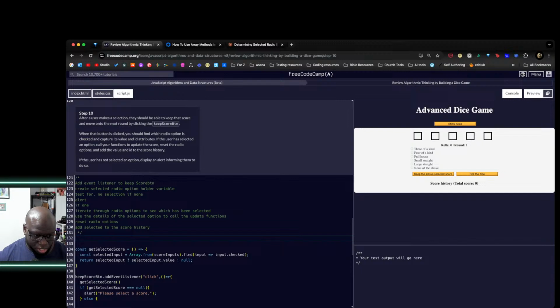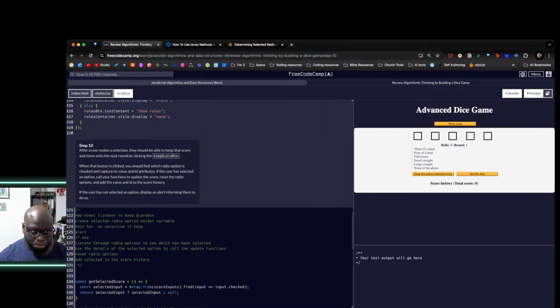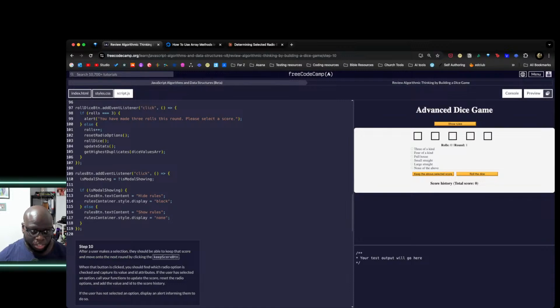So instead of returning that, I'm going to return the selected input itself, or null if it doesn't exist. If it's null, then I want to display the alert. Otherwise, when I get selected score, I've now got the selected input, and I should be able to drill down and use those for my functions. The functions I'm going to call are going to be the